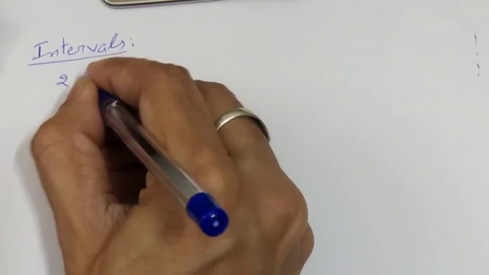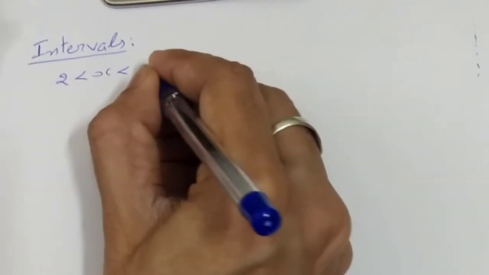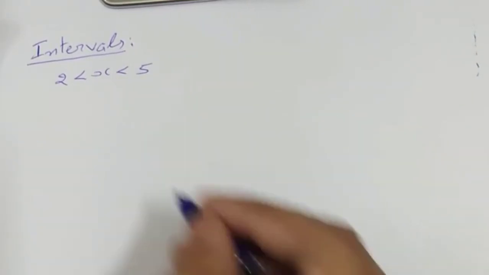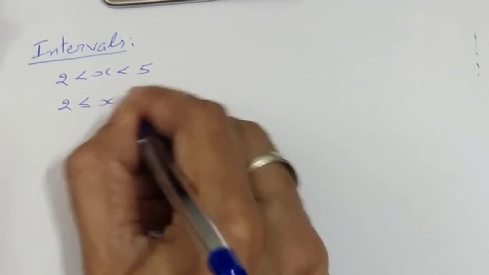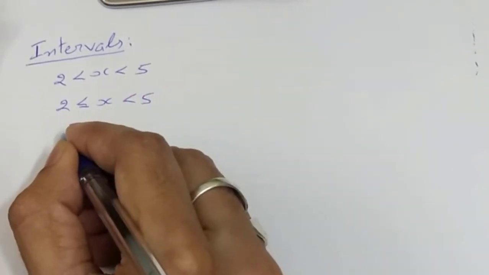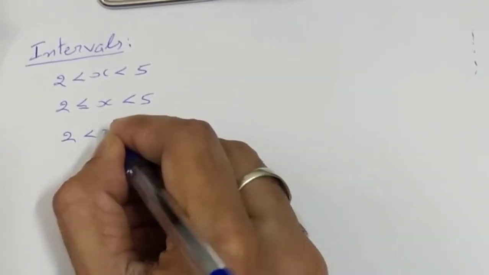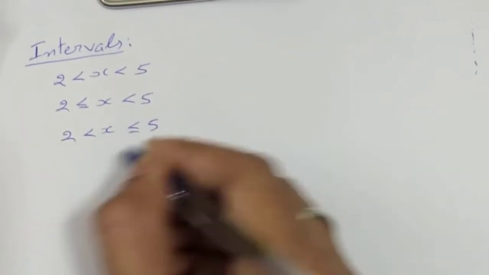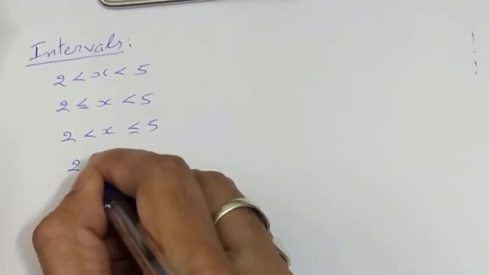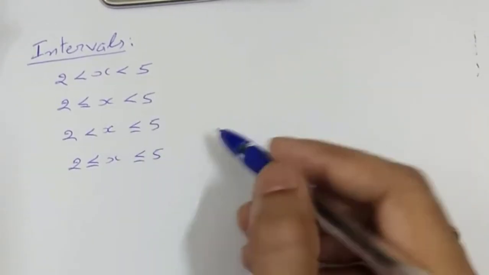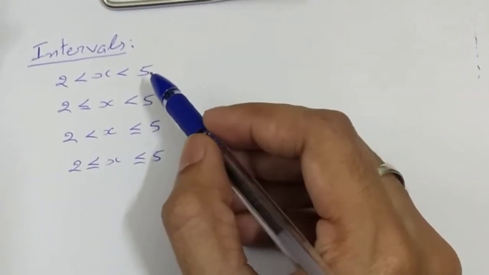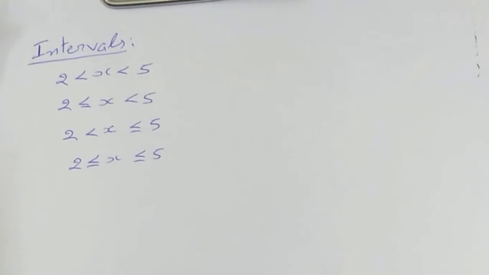2 less than x less than 5. We can get answers of the type 2 less than or equal to x less than 5, or 2 less than x less than or equal to 5, 2 less than or equal to x less than or equal to 5. There are some possibilities of the answers of the inequality. In these cases, we see